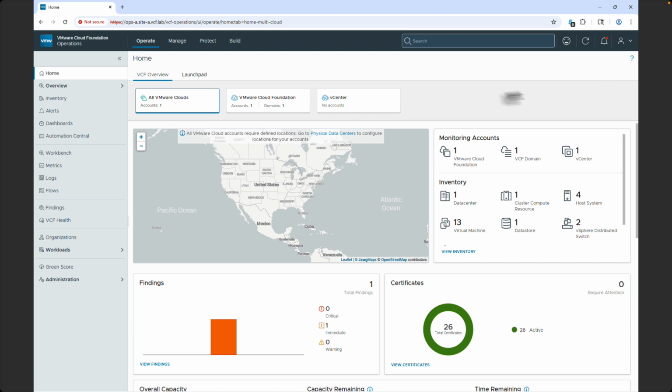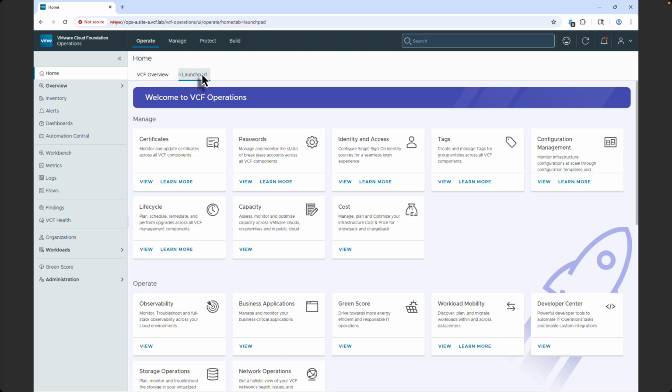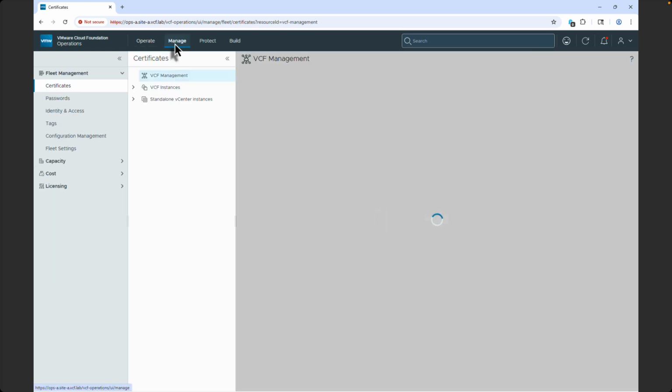Next to the VCF Overview tab, we can click the Launchpad. The Launchpad contains direct links to access and manage core VCF functions, and we can see certificates as listed here on the top left-hand tile. Certificate management can also be accessed from the Manage menu, and we can see certificates listed as part of VCF